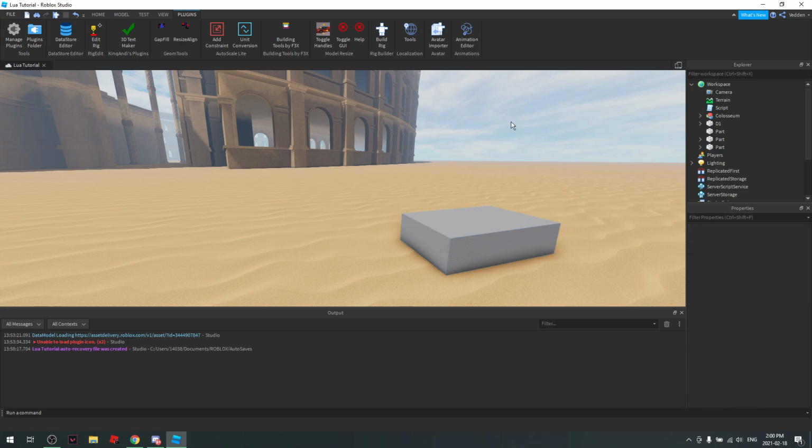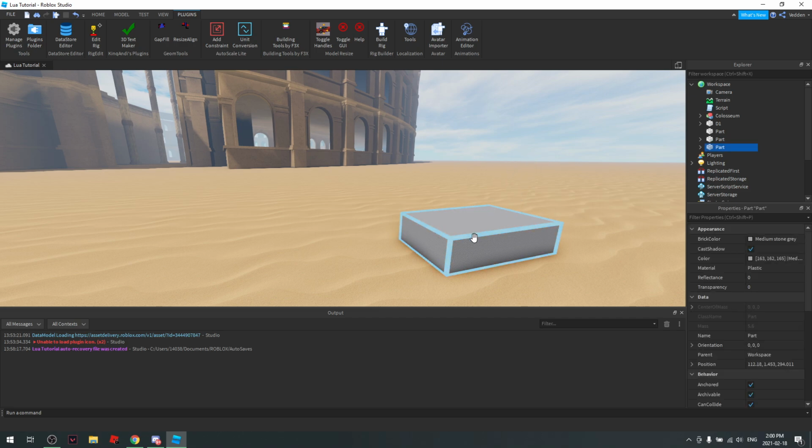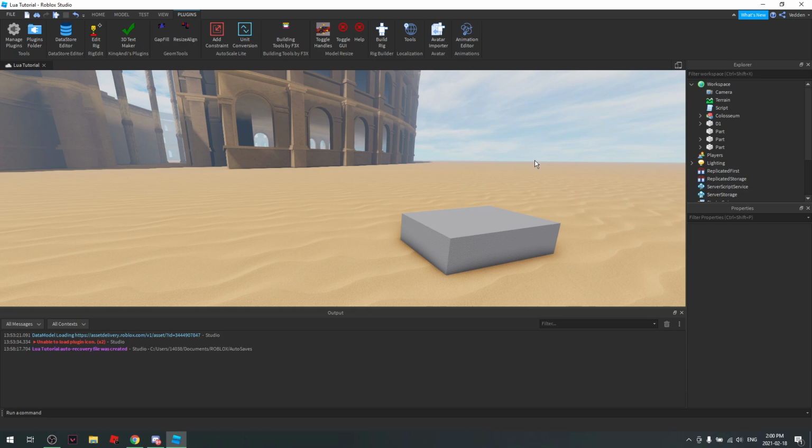Right, okay. So, say you're scripting, and you want to insert a part into the game by script. Because obviously, when you're actually playing a game and you have scripts being active, you're not going to be able to just go in Studio and manually insert a part. You're going to have to do it by script. So the way you do that is,